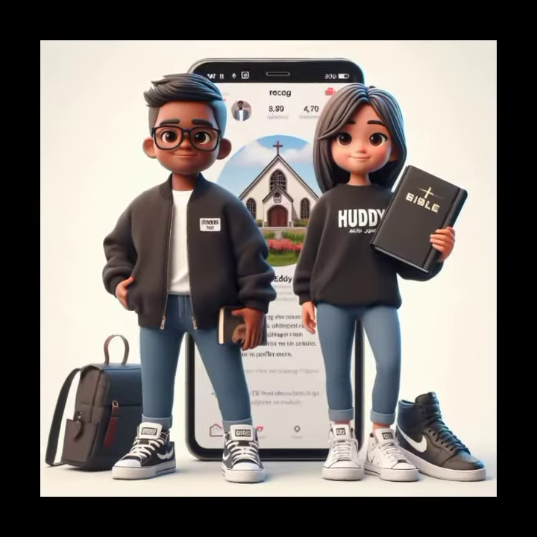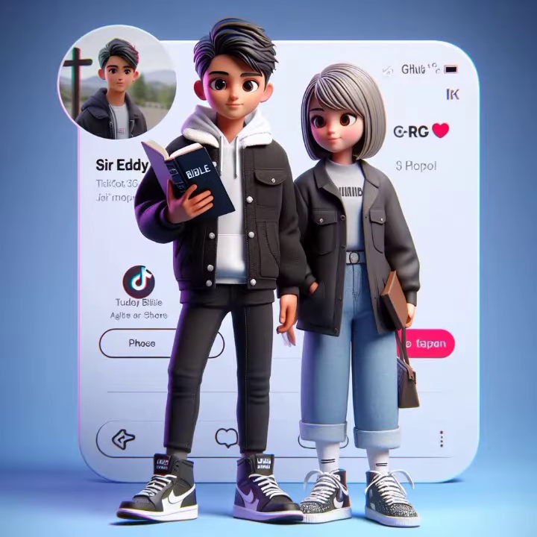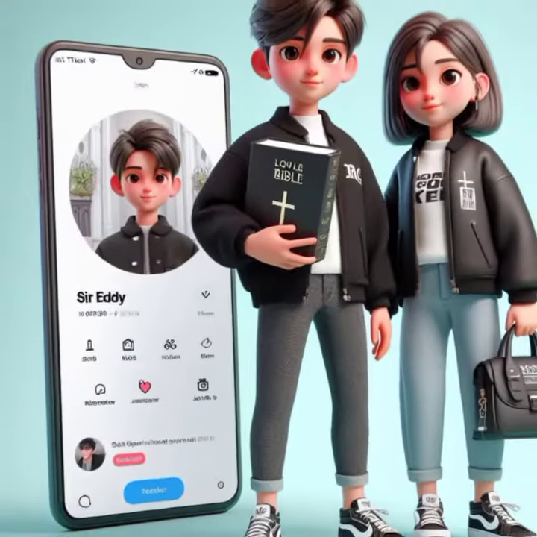In this video, I will show how to create trending 3D social media AI image on your smartphone using Bing